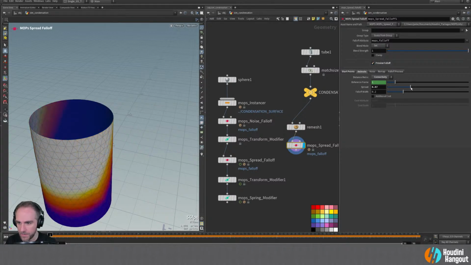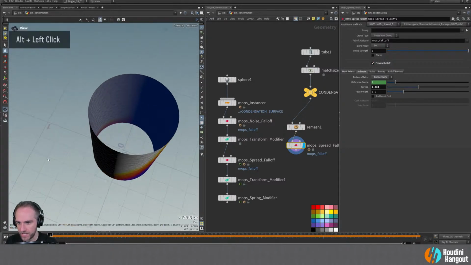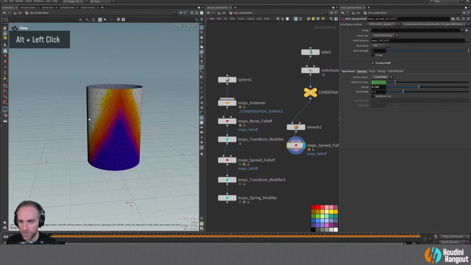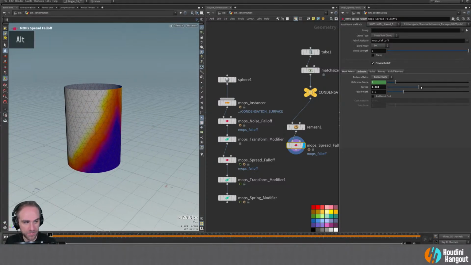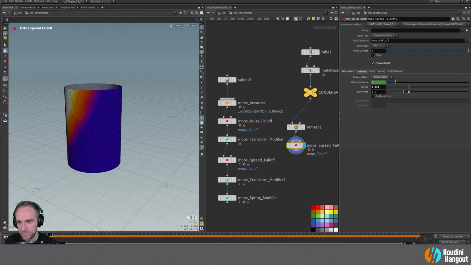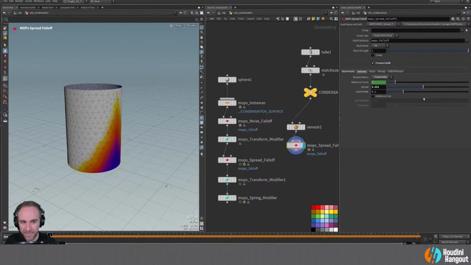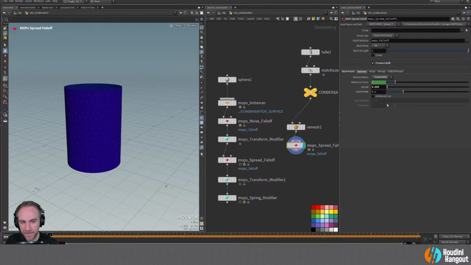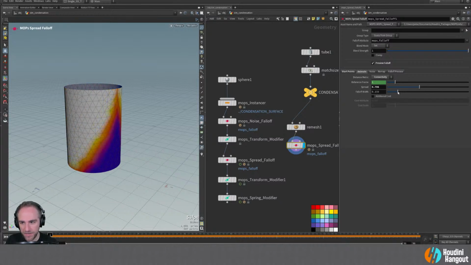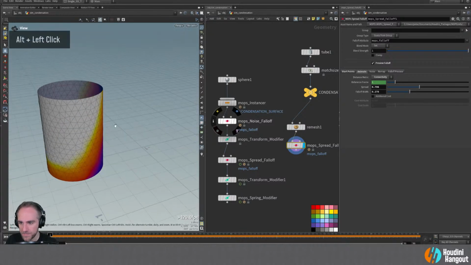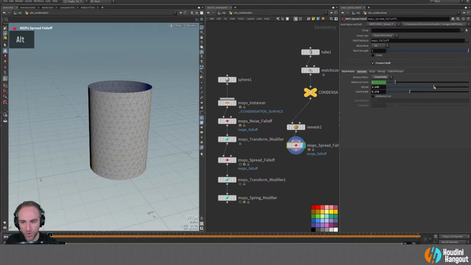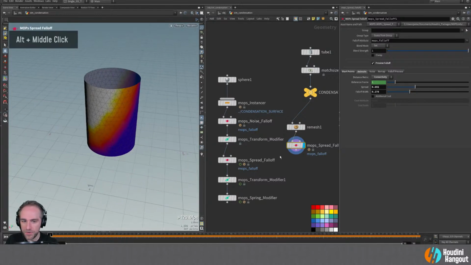There we go. We can see that now it is actually spreading across the surface in a more expected way, where it's not just this round animation. It's actually spreading it across. And one really nice thing here is that you can just move this until it gets all the way covered. So you can just animate this spread. You can change the width of the falloff, some nice little tools there to get that working. So this you could obviously do as is, and then